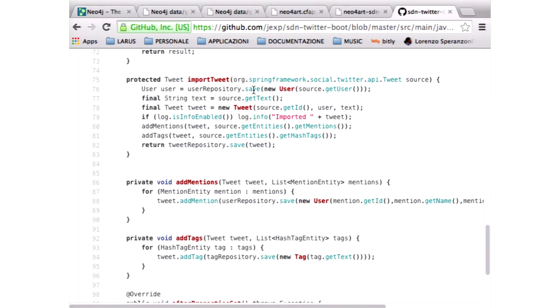I create a user, I do user repository.save, I create a tweet, call tweet.save, and then I add the relationship to mentions and other tags, for instance, and I also just save these entities. This creates not just the entities, but also the relationships between them. So when I look at the database later on, I have all the tweets with all the posters, all the mentions, all the URLs, all the hashtags as part of my graph.